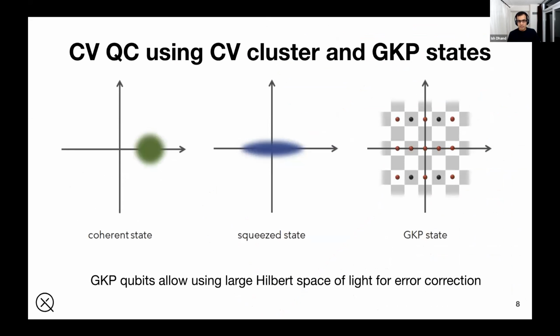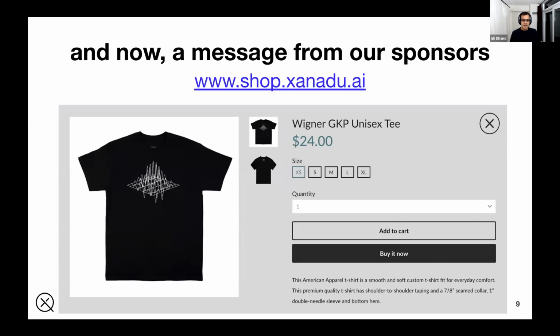Okay, and I mentioned GKP qubits. We've had some very nice introductory talks, but a super quick reminder. In phase space, a coherent state looks like a blob, a squeezed state looks like an elongated blob, but a GKP state looks like pieces on a chessboard. And GKP qubits are natively loss tolerant because if there is some error on some of these pieces, as long as the error doesn't move you out of the chessboard box, then you can come back to the original state. So GKP states are really good qubits. And they're also very good t-shirt art, if you're into that stuff. But coming back,